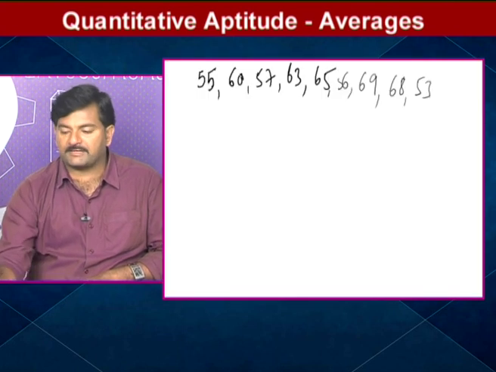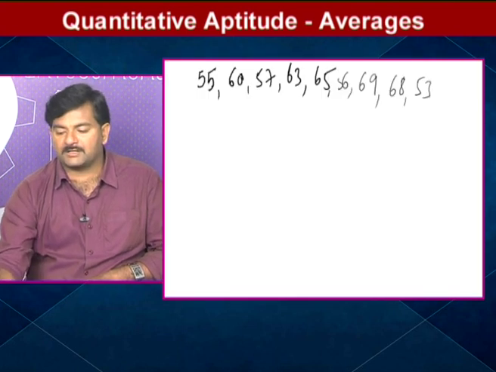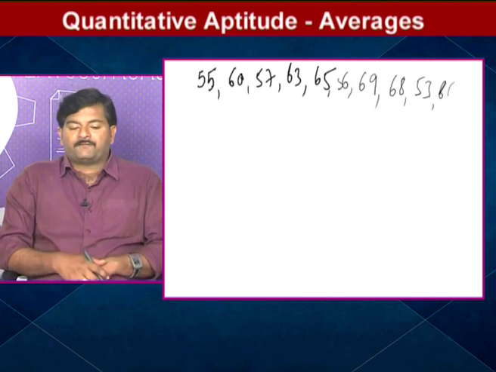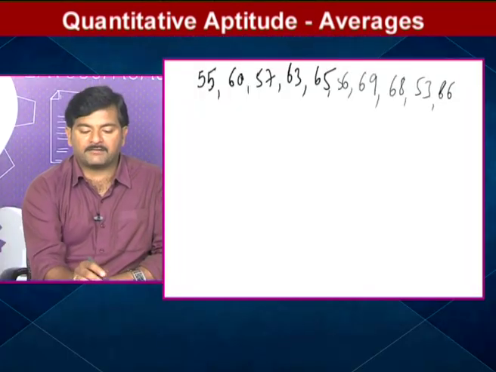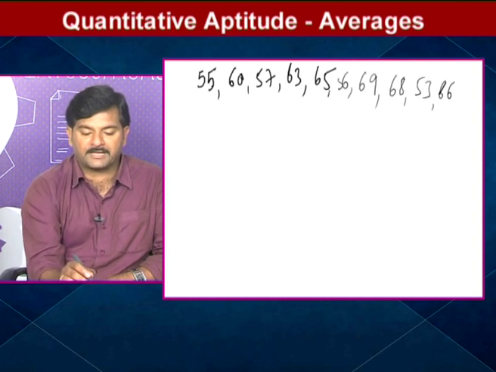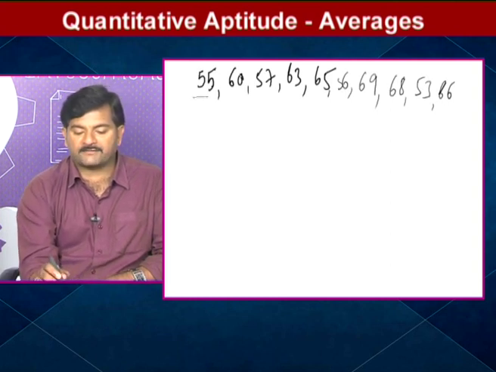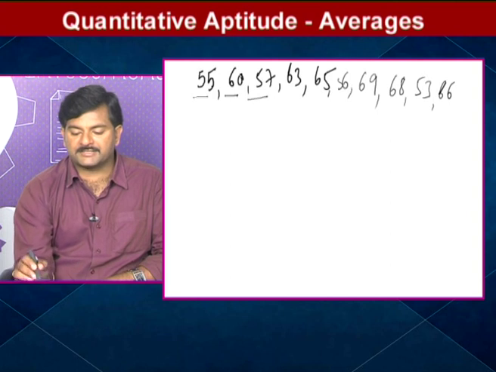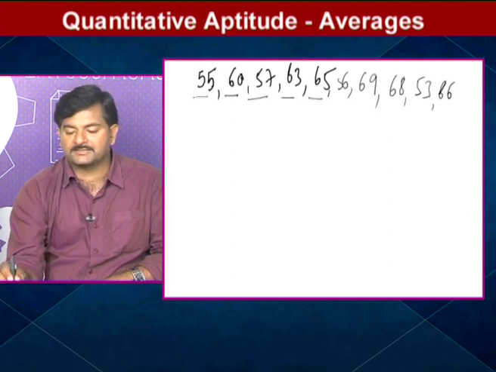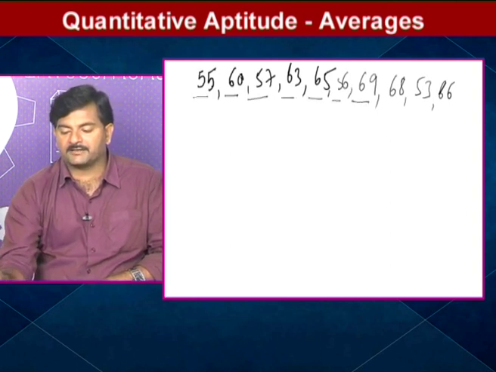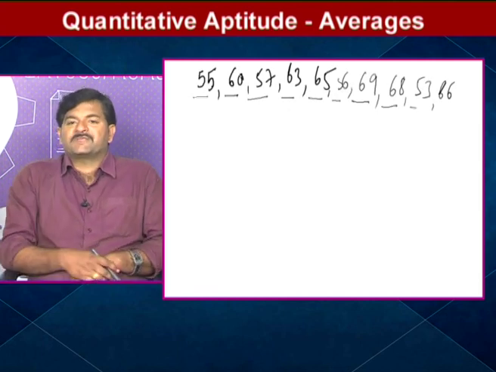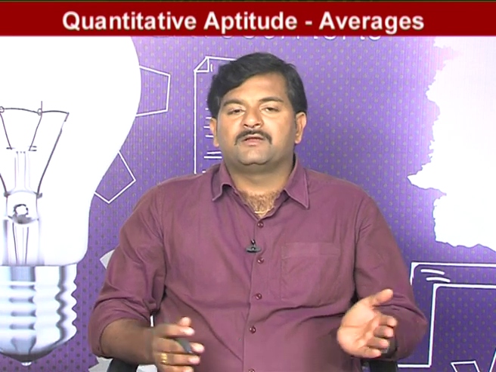Just observe all the values given. 2, 4, 6, 8, 10. There are 10 values available. The given values are 55, 60, 57, 63, 65, 56, 69, 68, 53, 66. So usually to find the average of all these numbers, in general you take the sum of the observations by the number of observations,